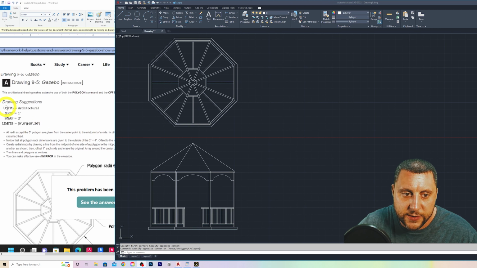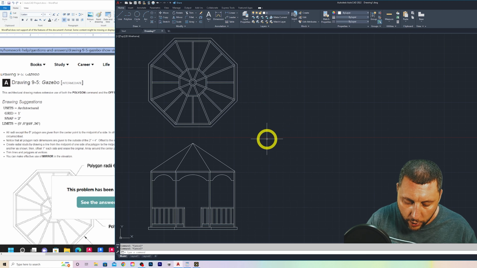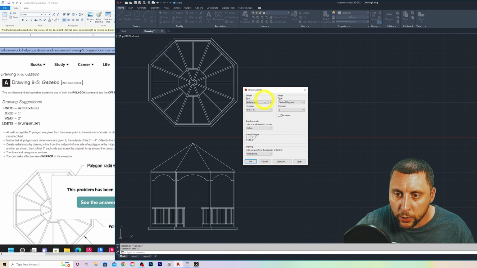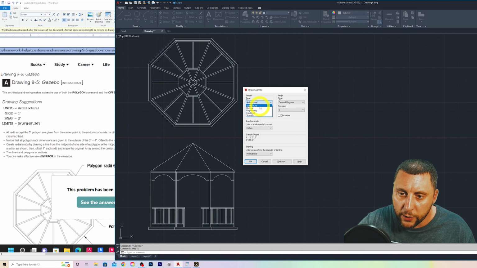The first thing it says is that you want to change your units to architectural, all right? By default, when you're in AutoCAD and you go into units, the top left one is going to say decimal, okay? This will not allow you to type in feet and inches. If you change to architectural, you'll be able to type using feet and inches, which is with the apostrophe sign